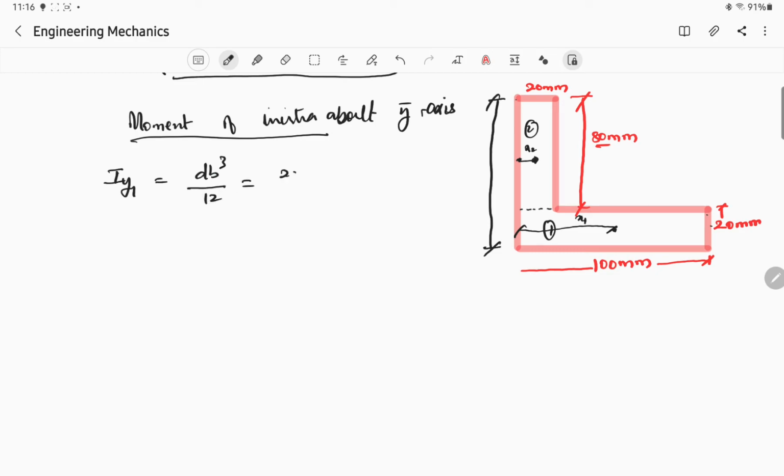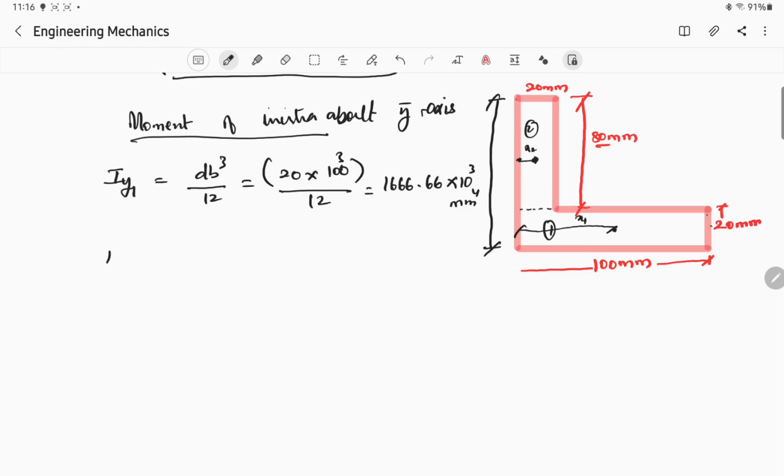What is d? 20 into b cube, that is 100 cube, whole divided by 12. So what will be the value of Iy1 we'll get? We'll get it as 166.66 into 10 power 3